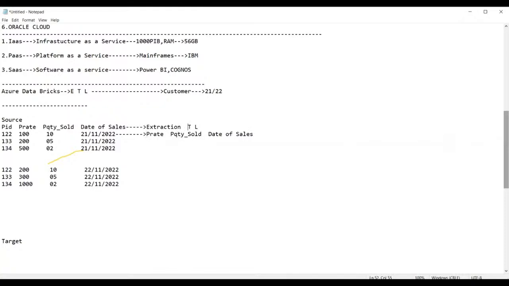Now, guys, next comes transformation. Picking up is done. Now in the transformation, how can you find out the net? You want to find out the net sales amount each day. So to find out the net sales amount, do we need to perform some arithmetic operations on the data or not? That means some mathematical calculations are required or not? Yes.